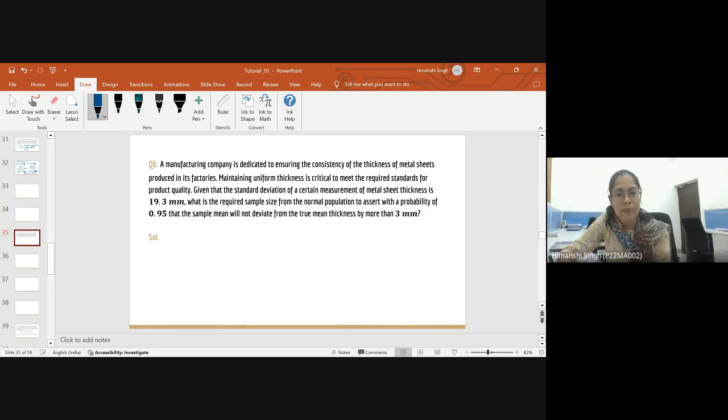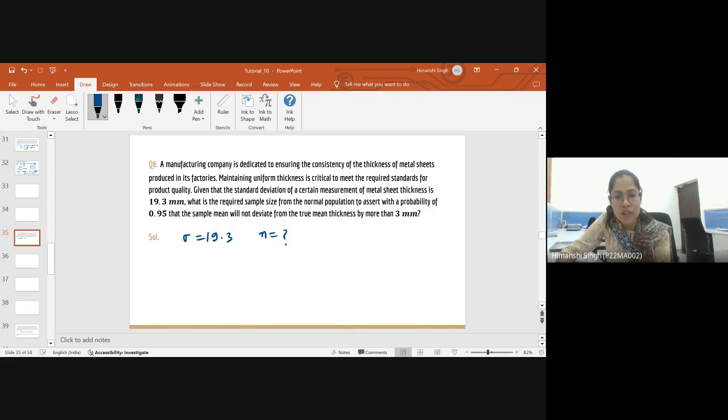A manufacturing company decided to ensure the consistency of the thickness of metal sheets produced in its factories. Maintaining uniform thickness is critical to meet the required standards for product quality. Given that the standard deviation of the metal sheet thickness measurement is 19.3, so the standard deviation sigma is given to be 19.3. What is the required sample size? So we need to find out the n